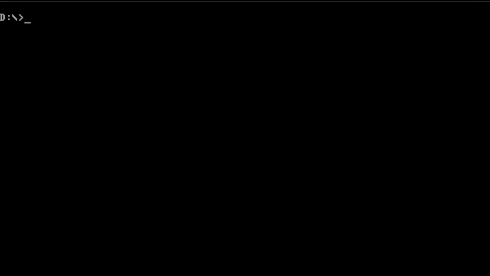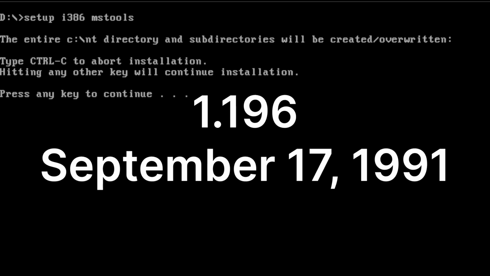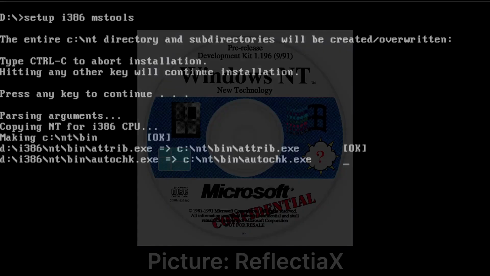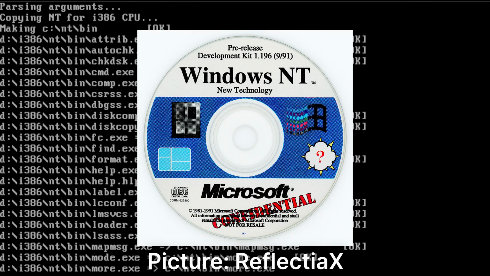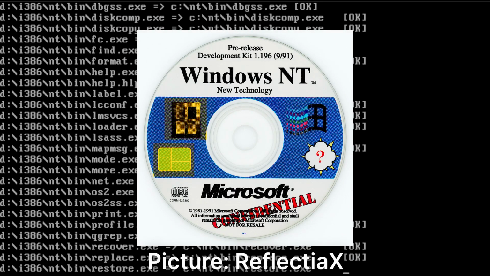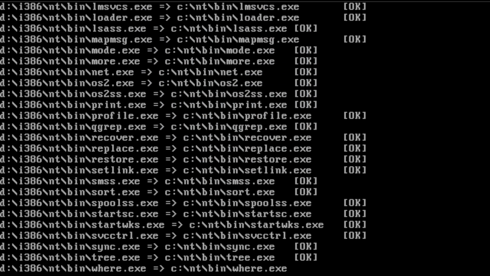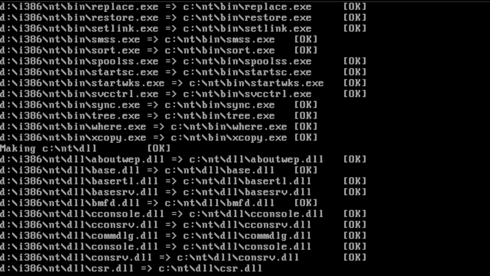This is where we get to the earliest build of Windows NT that we have our hands on, build 196, being compiled on the 17th of September, 1991. Oddly, the CD for this build is an early version of Windows 3.1's logo, alongside the final version of 3.0 and 1.0's. Running setup from DOS, you can see that, just like the first build of Windows 1.0 and 3.0,